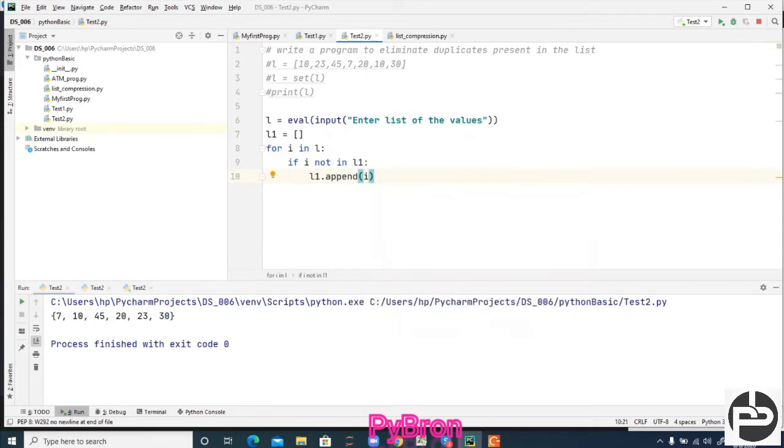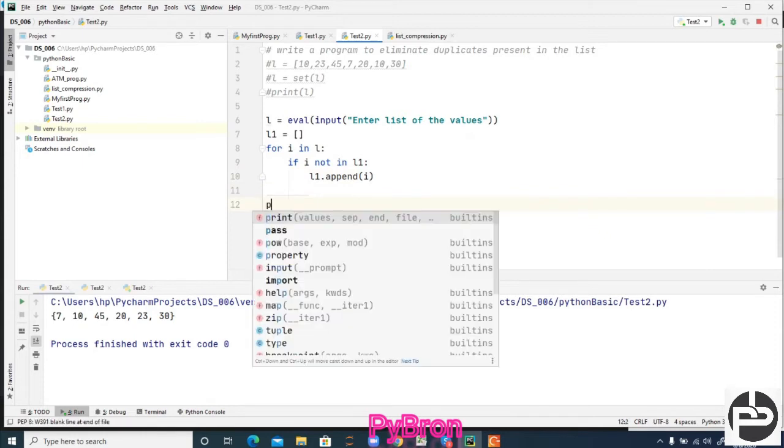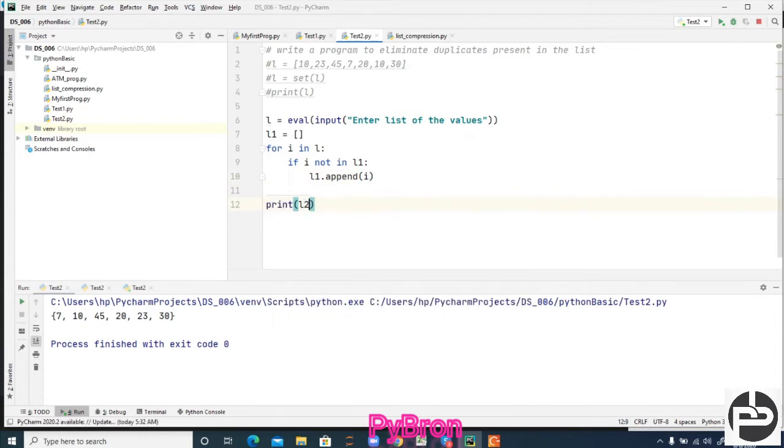At the end we can print l1. So this is also an approach, in order to remove the duplicate values, correct?